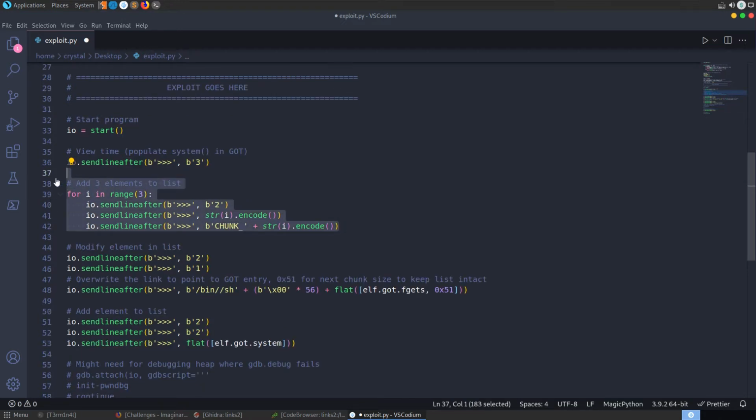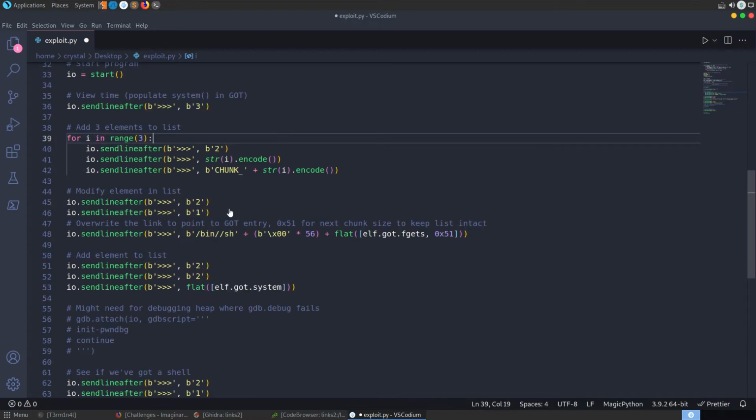To talk through the code again, we're adding 3 elements to the list. We modify the middle element, and we're going to supply the bin.sh string, and then we're going to pad all the way up to the address of the next element in the list, and we're going to replace the address with the global offset table.fgets address, and then we're also going to put in that header as well, so it knows what the size of the chunk is and that the previous chunk is not free,